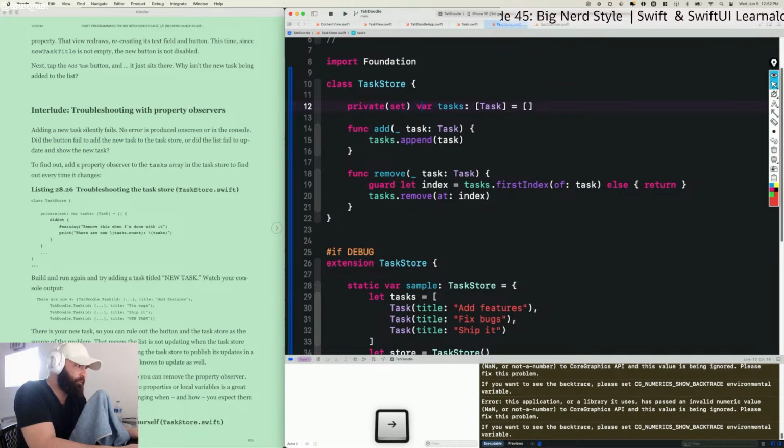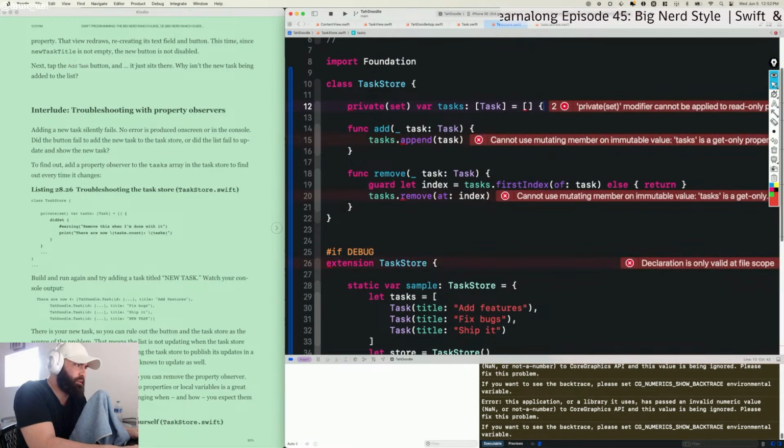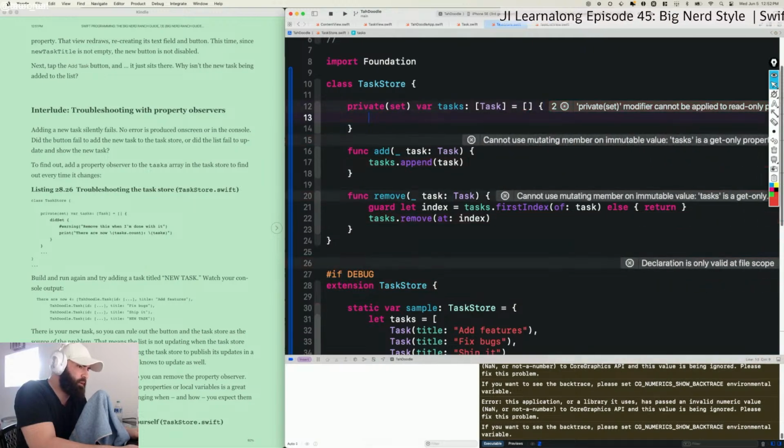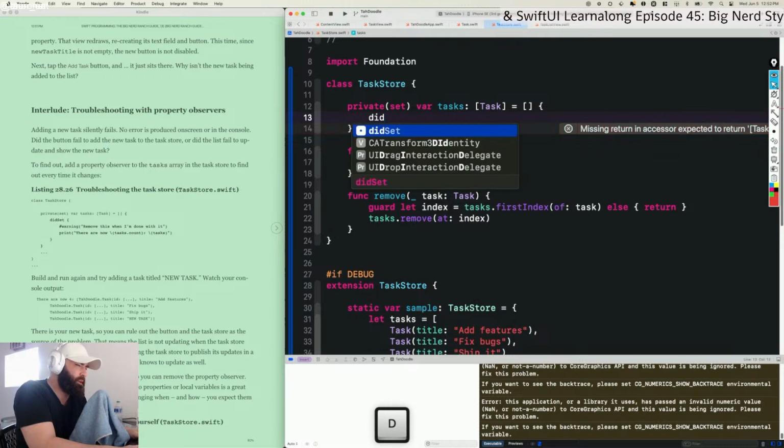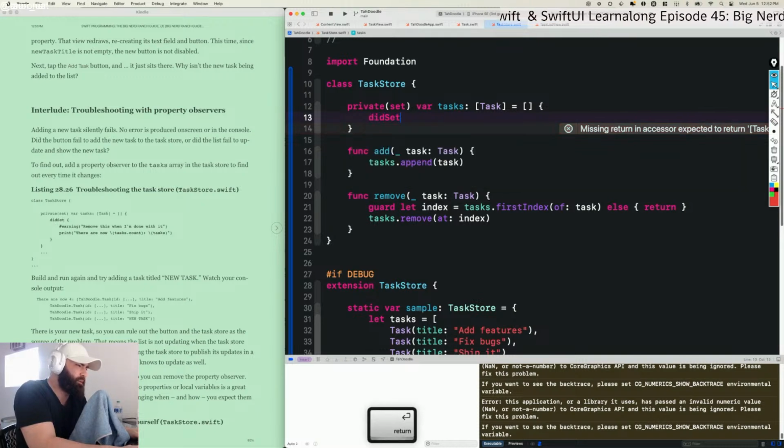Okay. Property observer. So we're adding a trailing closure to this property. And the didSet was